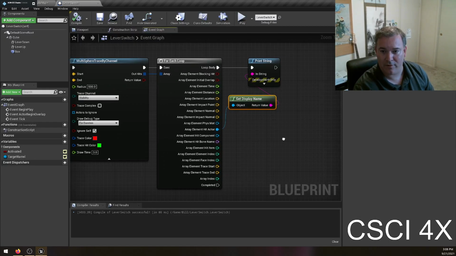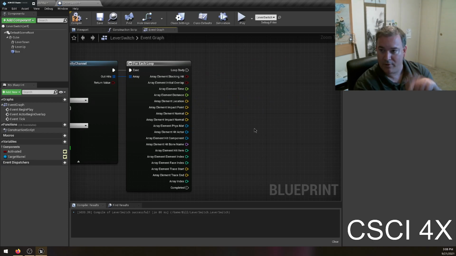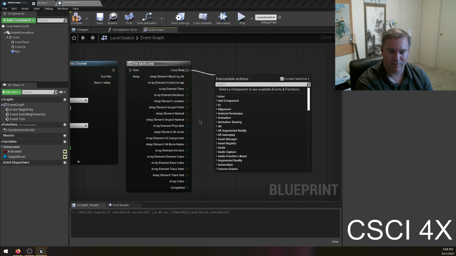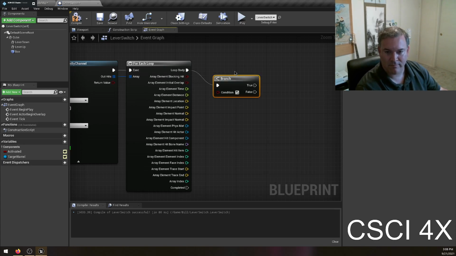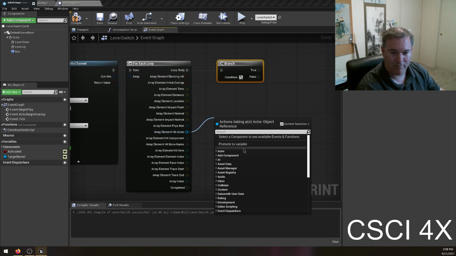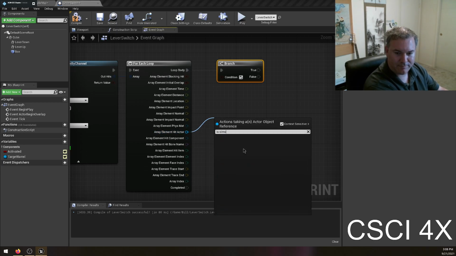So now what are we going to do? Now that we have every person within 5 meters of the explosion, we want to kick them, and we want to destroy the barrel, but I think it's going to do itself, so I think we're good. So we're just going to say for each person here, we're going to say branch, and we want to know if they are simulating physics. So the person we hit is